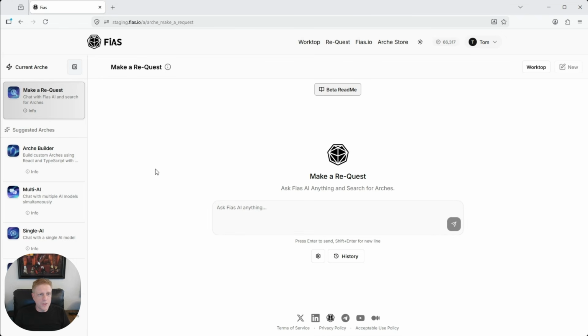All right, so there is an overall first look at the Fias platform. Hopefully, people have liked having a look at it. The platform has come together amazingly well, amazingly quickly. It's crazy how quickly you can build robust software with AI now. The platform is a very powerful platform, and I'm excited for people to start building off of it and just see what happens, how it grows, and how it evolves.